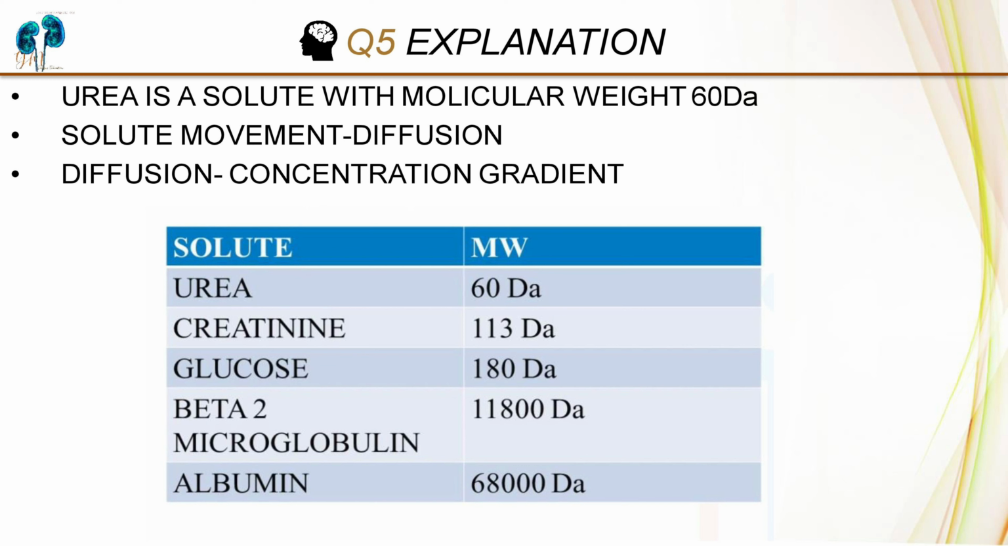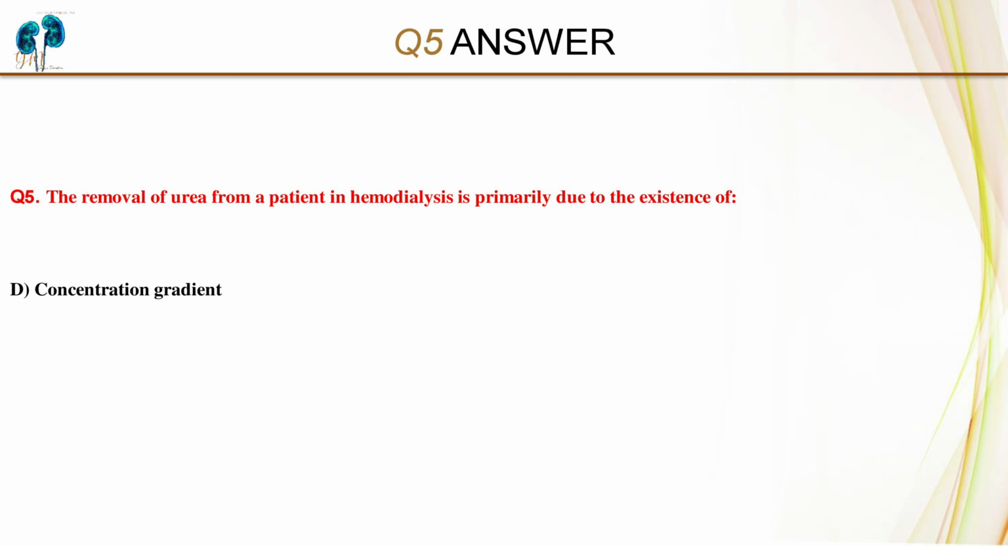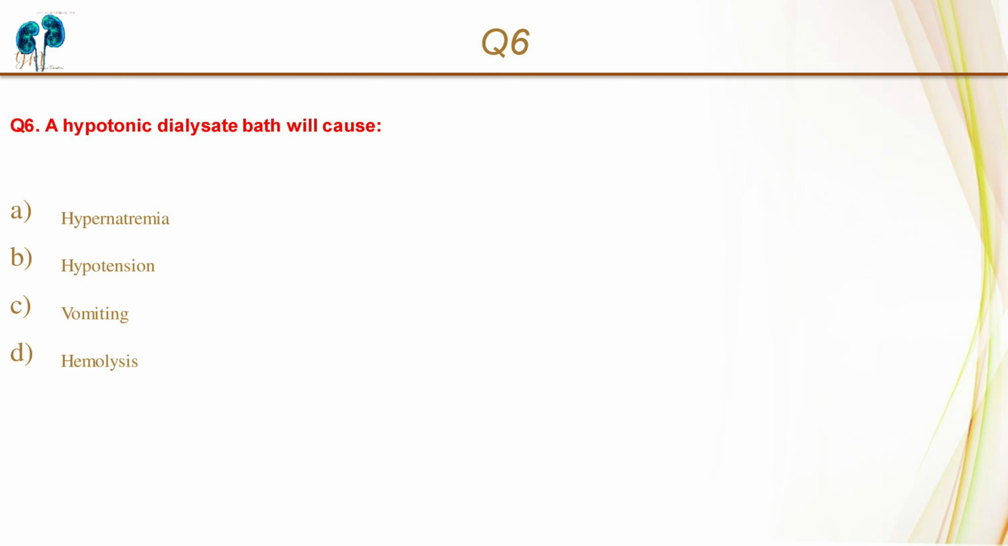What is diffusion? Diffusion is the movement of solute from an area of higher solute concentration to a region of lower solute concentration until equilibrium is reached. So we are talking about diffusion. So the answer for the fifth question is, the removal of urea from the patient in hemodialysis is primarily due to the existence of a concentration gradient. So the sixth question, a hypotonic dialysate bath will cause